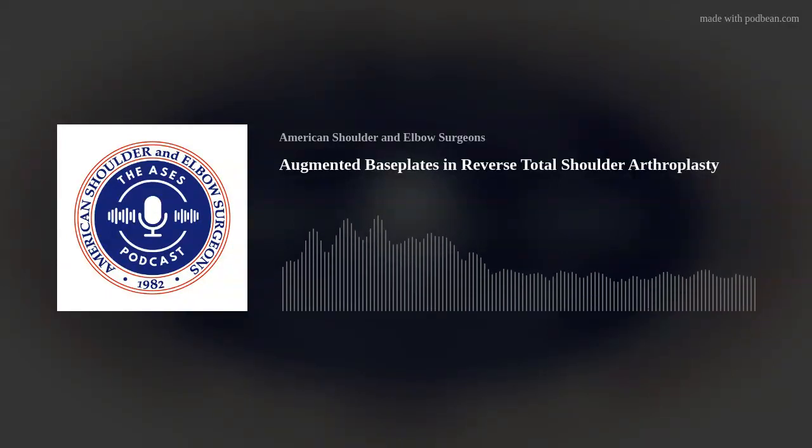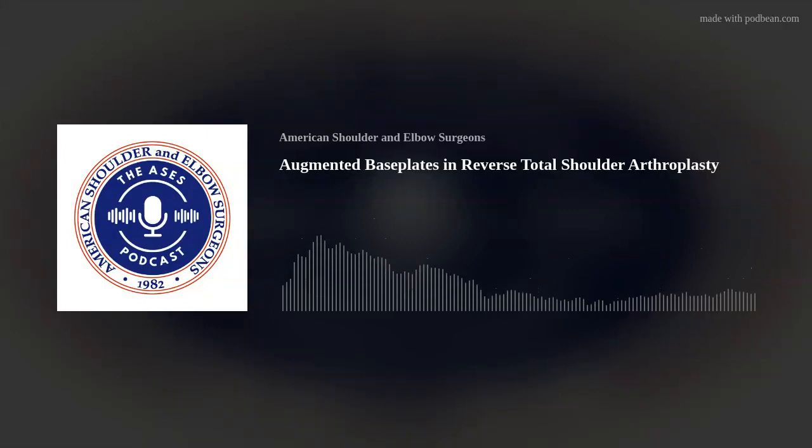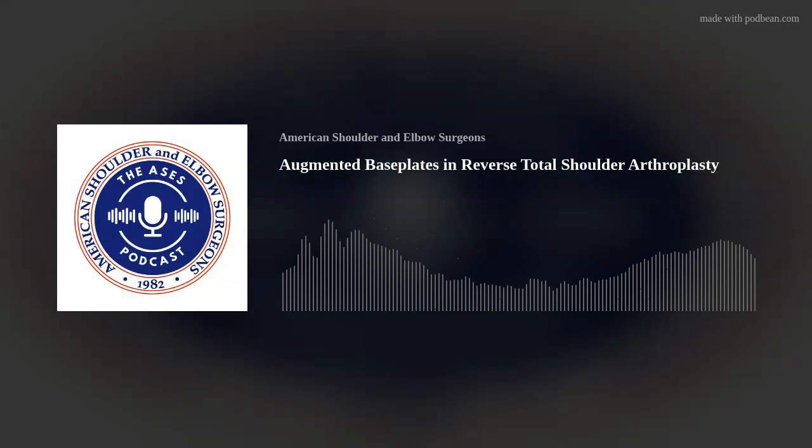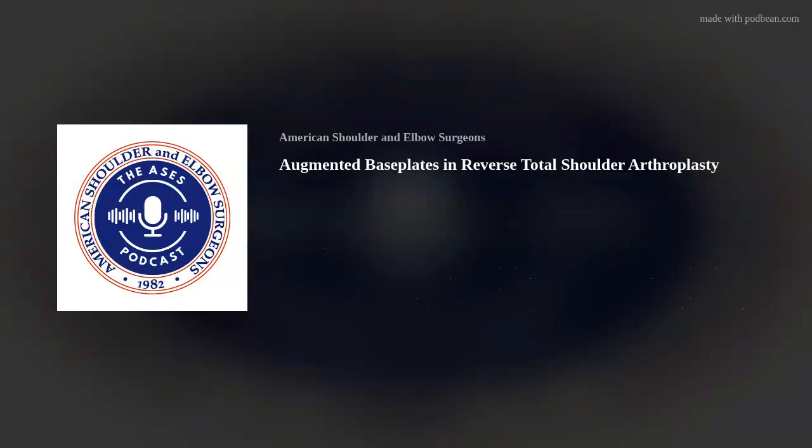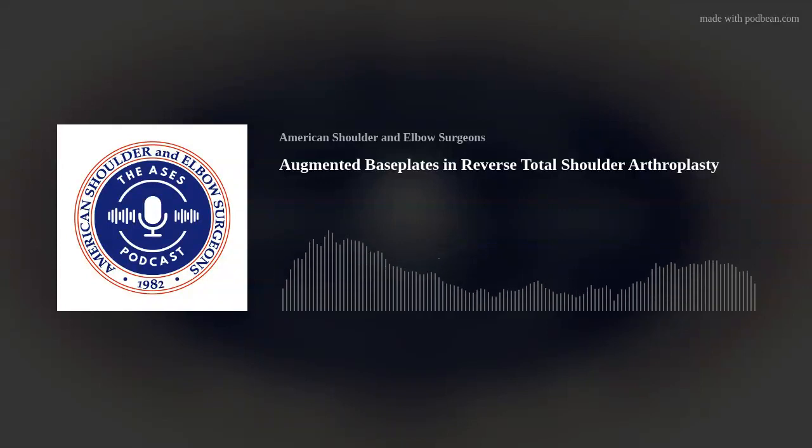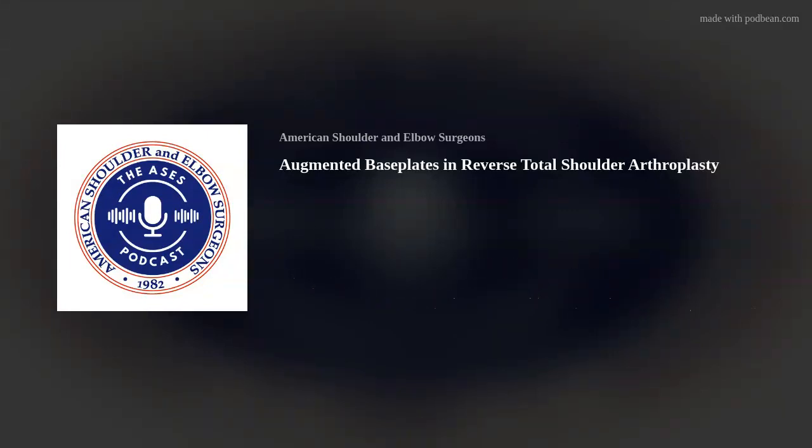Well, the premorbid joint line developed over presumably at least a decade or so. So it's been a gradual change in the length-tension relationship with the soft tissues. So I think realistically, going back to the premorbid joint line is a bit unrealistic, or puts a lot of tension on the soft tissues, not the least of which are the nerves. So to me, going back to the premorbid joint line in those situations probably isn't realistic. I think what you're trying to do is establish a good length-tension relationship to create good moment arms for the supporting musculature without putting too much stress on the scapula and the acromion.